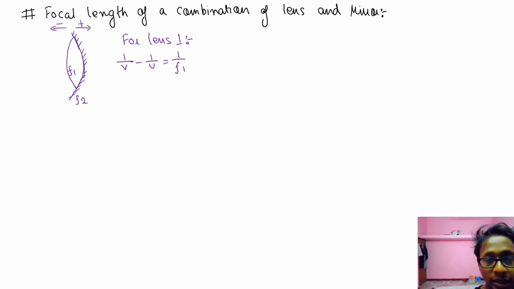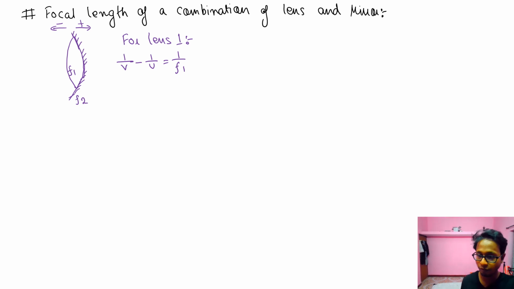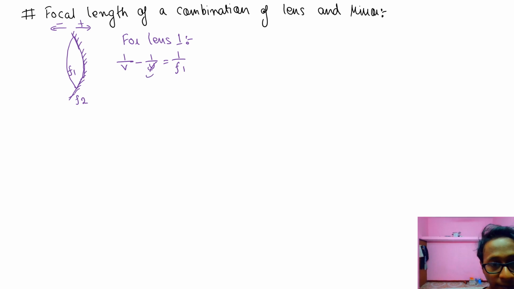While calculating the focal length of the combination, the initial image is always at infinity and the final image is always at the focus. So the initial image is at infinity, or 1 by v is equal to 1 by f1. Now for the mirror,